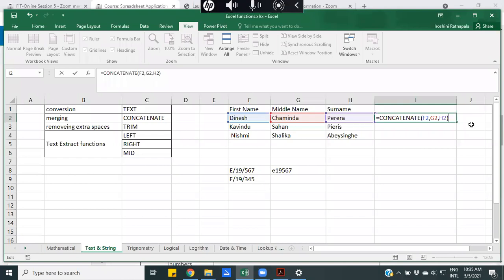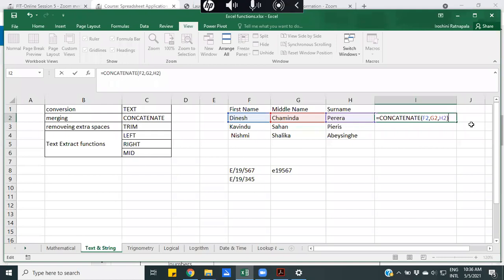No, actually, the meaning of the square bracket here is that it's optional, right? It's not the format of writing. It says that concatenate F2, G2 and H2 are not optional. You can have one or more like that. That is not the correct way to write the function. It says that you can have several like F2, and that's the idea of the square brackets.